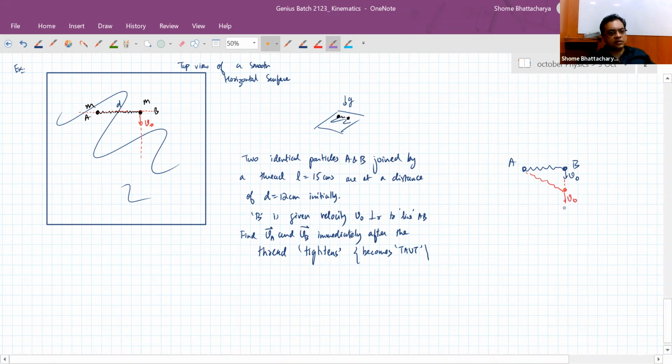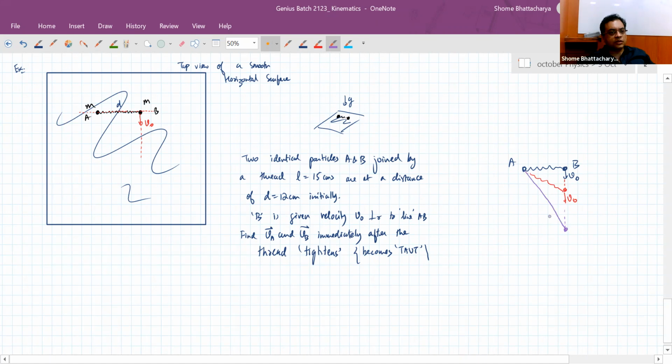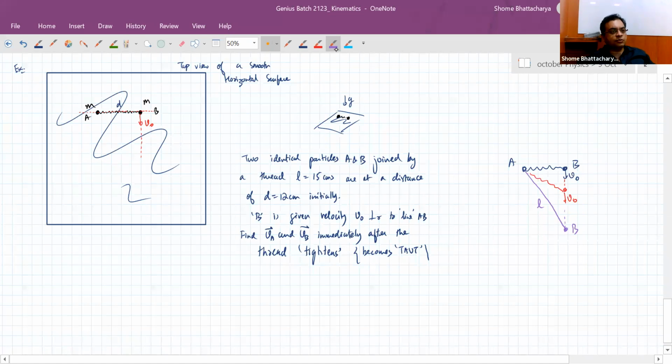But then at some stage, it will travel 9 centimeters. Yes, very good. If you have calculated that, then all the better. So at some stage, this distance between AB will reach the natural length of the string. And that is when the string will jerk. So there will be an impulse that acts through the string. This J is what we call an impulse. It's like a force acting for a short duration of time delta t, creating a jerk on A and B.